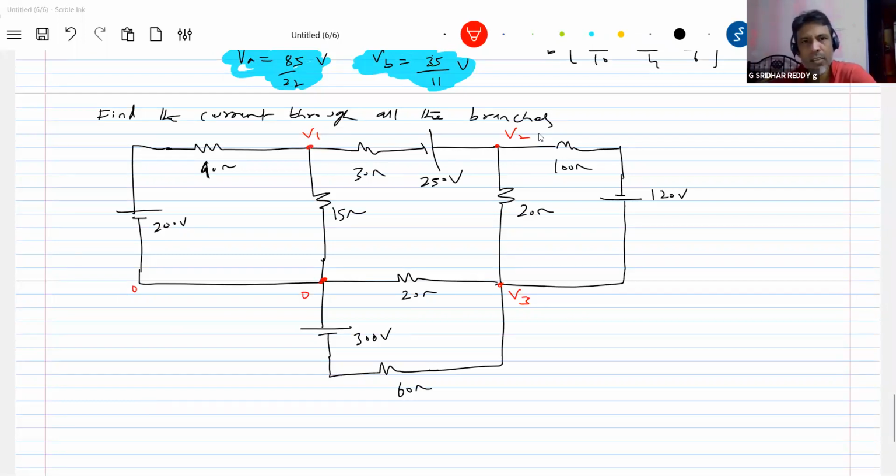Can you assume 0 volt at two places? No, 0 volt is defined at one point. If by calculations you get 0 volt, well and good. What do you mean by 0 volt? Points which are at the same potential. So these are 0 volt, no? Yes, because they're connected by a conducting wire. You cannot assume this as 0 volt, you'll be wrong.